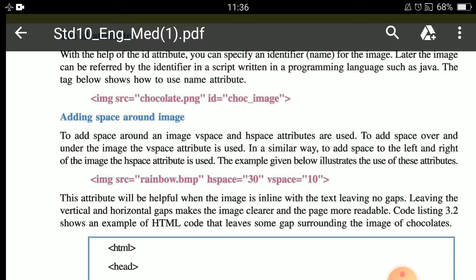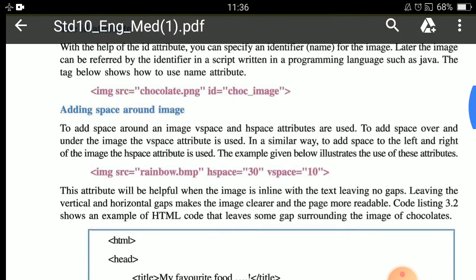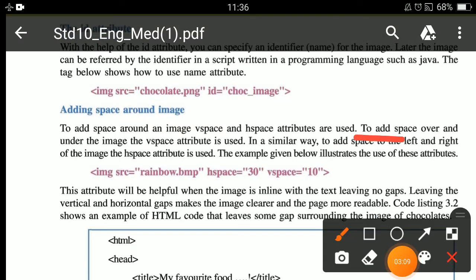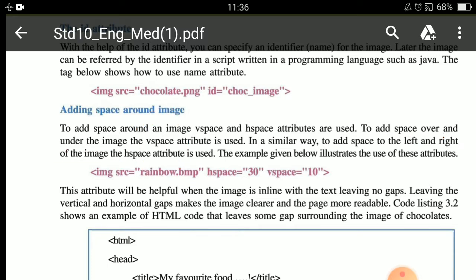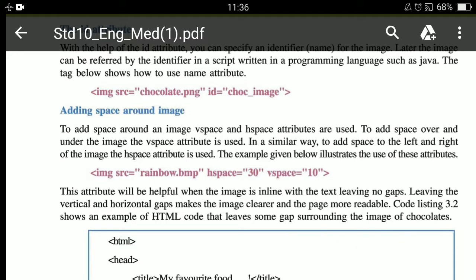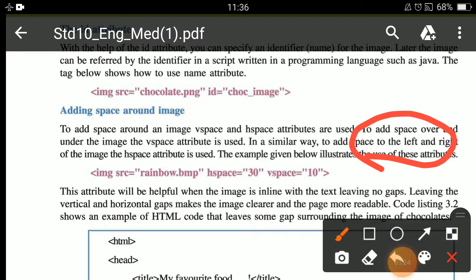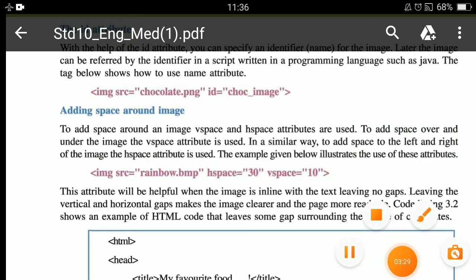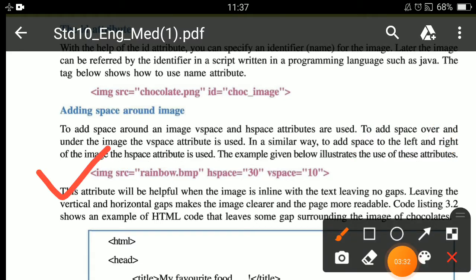To add space over and under the image, the vspace attribute is used. And to add space to the left and right of the image, the hspace attribute is used. Now consider the syntax of vspace and hspace.